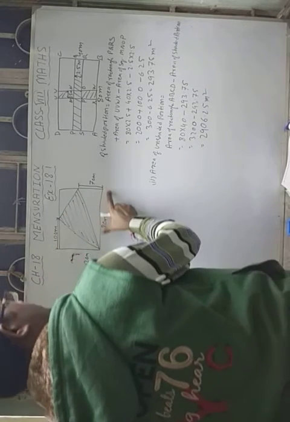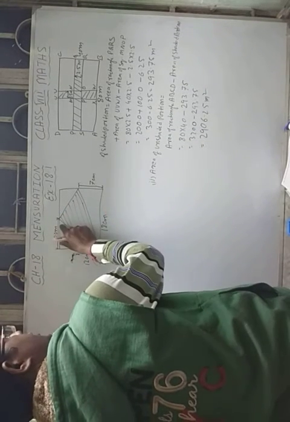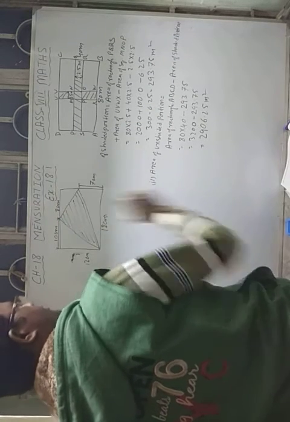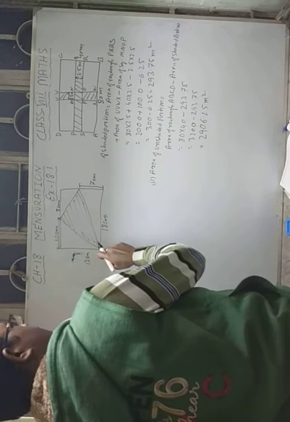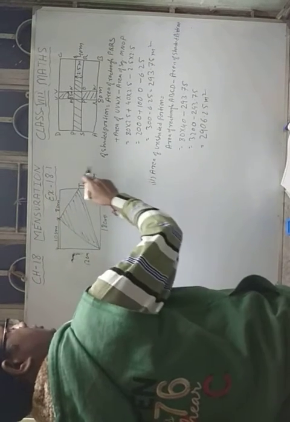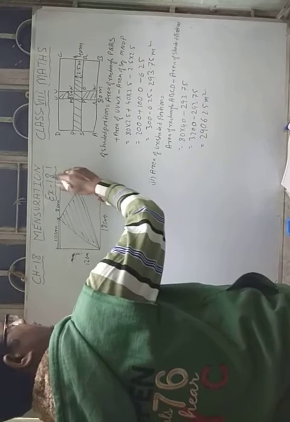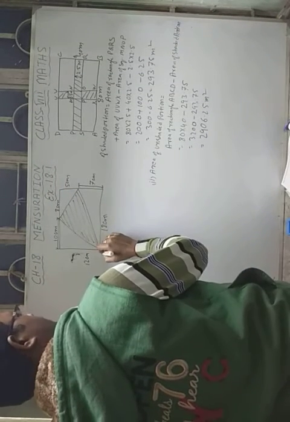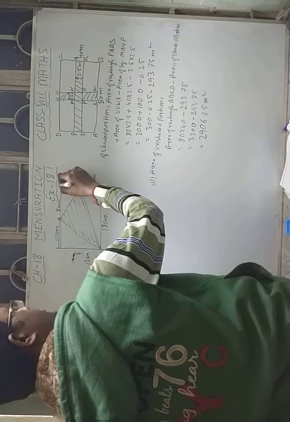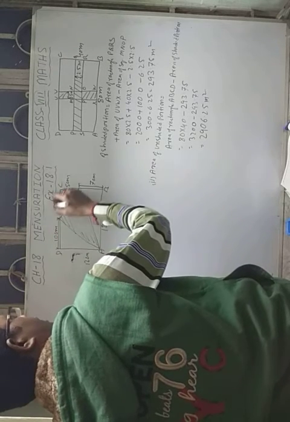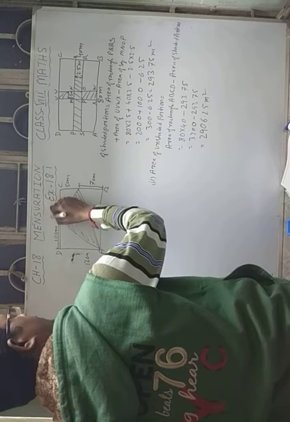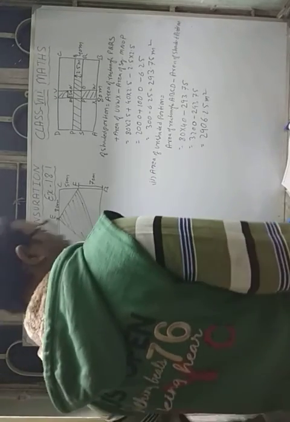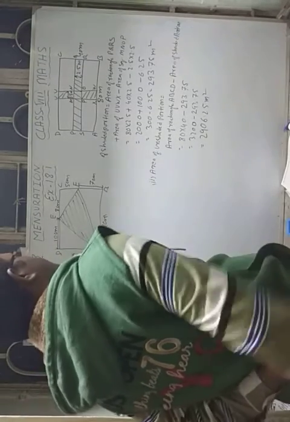That means if the total is 18 centimeter and this portion is 10 centimeter, it will definitely be 8 centimeter. And the total breadth is 12 and this portion is 7, that means the rest of the portion is 5 centimeter. You mark the names A, B, C, D, and here you can write E, F. It will help you to understand this.